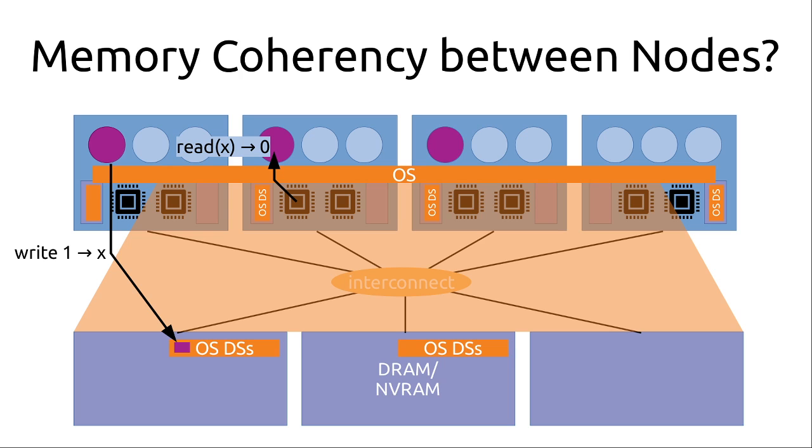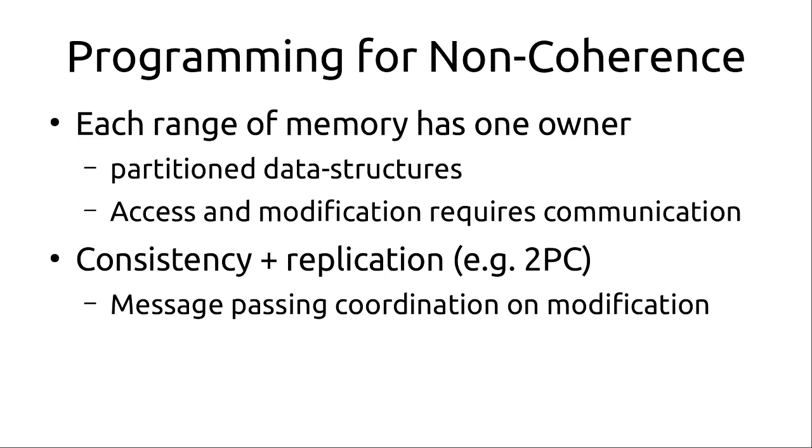So this is the fundamental challenge for an operating system that wants to have access control policies that can span the entire system. How can we have an operating system that can operate in non-coherent memory to be able to provide its own policies, its own processes, etc., that can span all nodes? Now, there are some trivial ways that we think about programming for non-coherent systems.